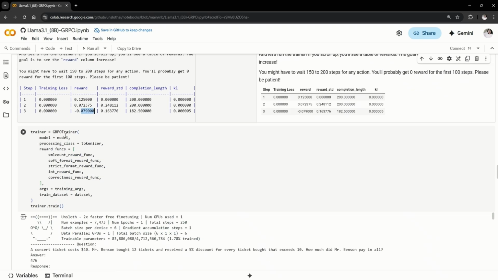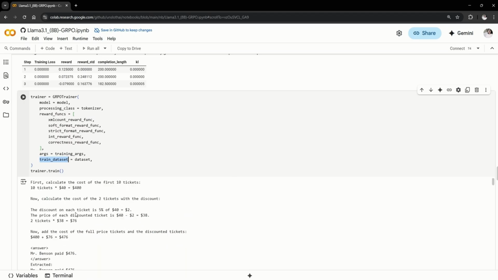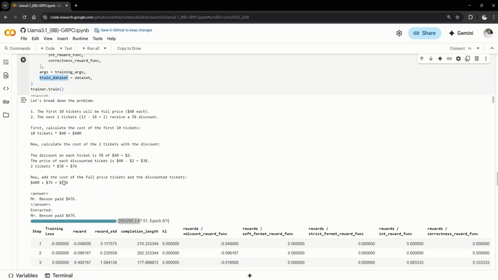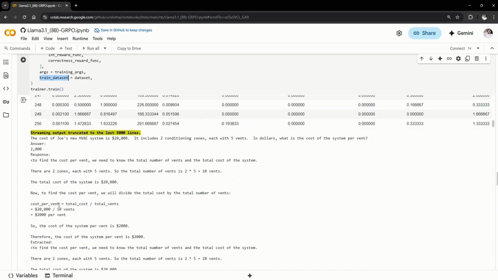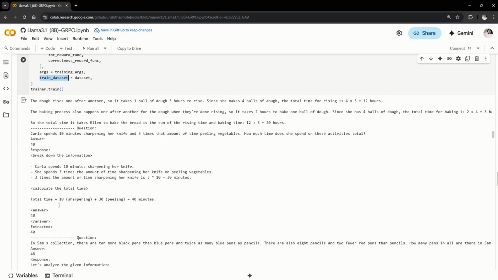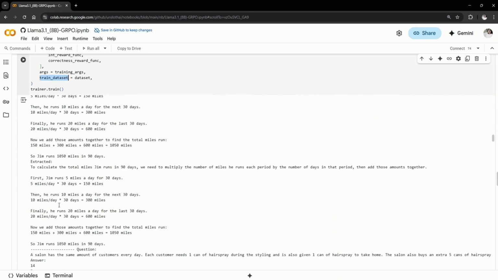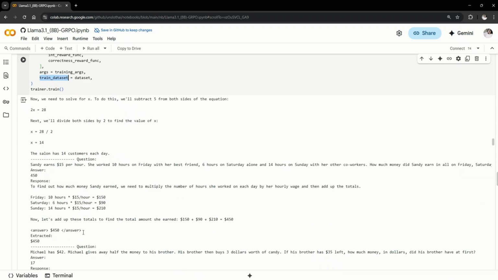Finally, we start the training, and we pass in the model, the tokenizer, the reward functions, and the dataset, of course. If you see here, it started training, taking in the questions and answers, and it has a detailed report of all those 250 steps. Towards the end of this training, there will be these reasoning tags and answer tags appearing. Let's look at where it is towards the end, because initially it would not learn. Also to note that while we are feeding in the dataset, we're only giving it the question and the answer. We are not giving the reasoning steps in the dataset. We are excluding that part because we want the model to come up with those reasoning steps.